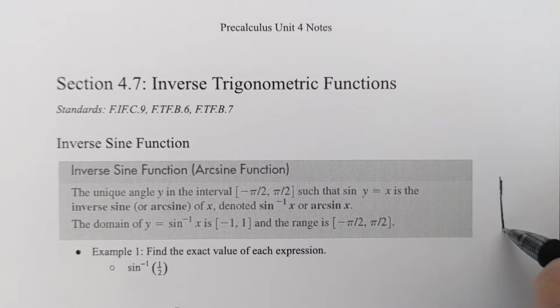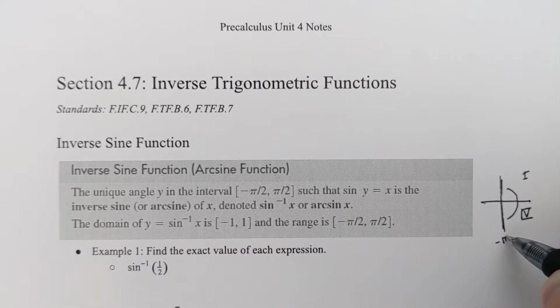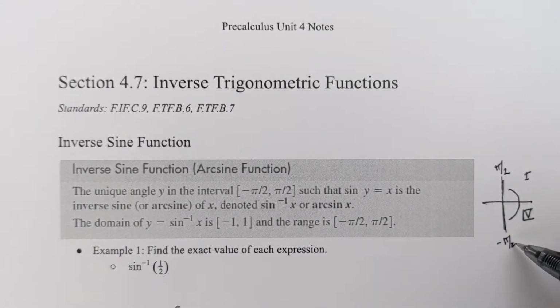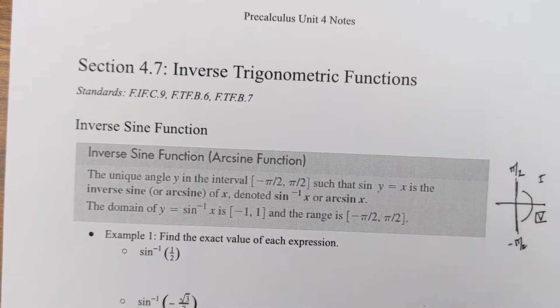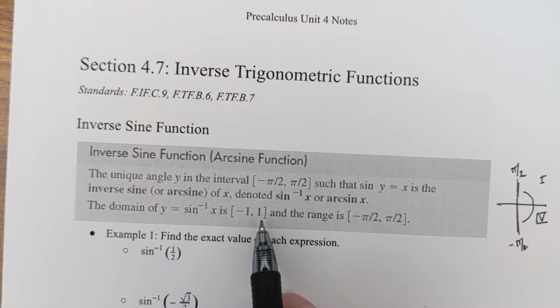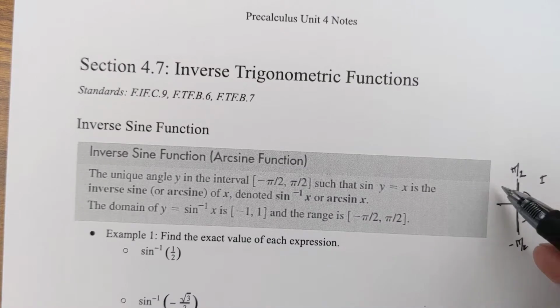what the interval means is that your inverse sine function has to come from either quadrant 1 or quadrant 4, because this is negative pi over 2 and this is positive pi over 2, or in degrees, negative 90 and positive 90. So we're only allowed to look in these two quadrants if we're using the inverse sine. The domain is negative 1 to 1, because those are the values that sine stays in between. And the range is negative pi over 2 to positive pi over 2, because we're not allowed into quadrants 2